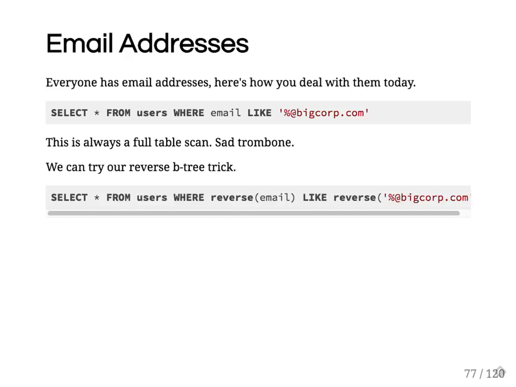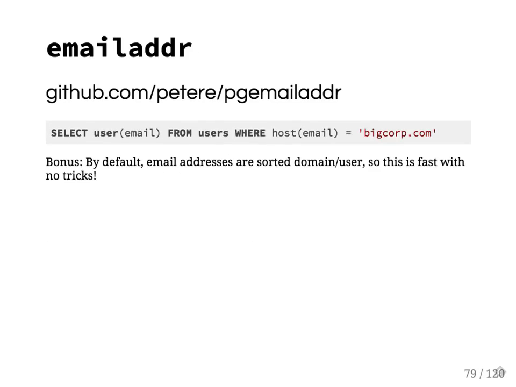So we can do this thing we know already where we add reverse functional indexes. But that kind of sucks. Why don't we just have a type for email addresses and then we can call intelligible, meaningful names for the functions? And if we discover that there's some problem, we can fix this once upstream and then all share in the benefit of that implementation. So Peter Eisentraut wrote this a while back,